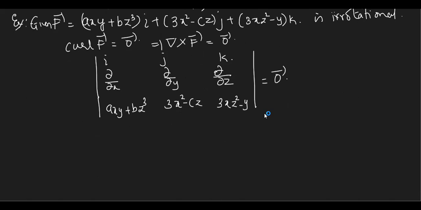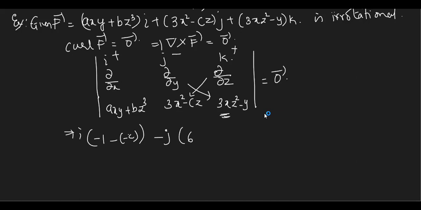Okay, let us take now. Plus, minus, plus. Leave the row and the column. i into bracket. What is the derivative of this quantity with respect to y? Minus 1. Minus 1. This with respect to z: minus c. Minus c. Plus j into, leave the row and the column, derivative of this with respect to x: x.